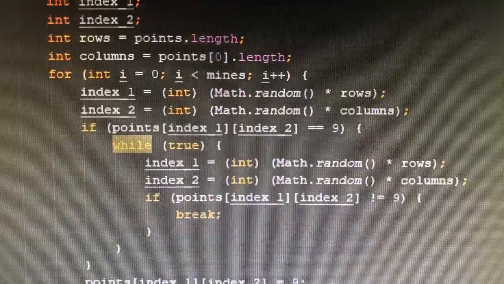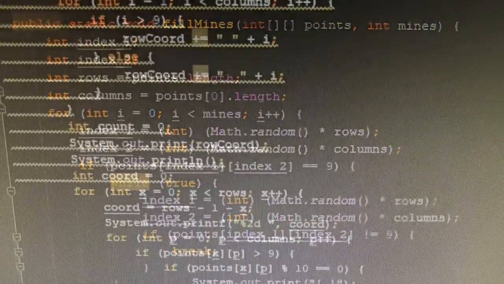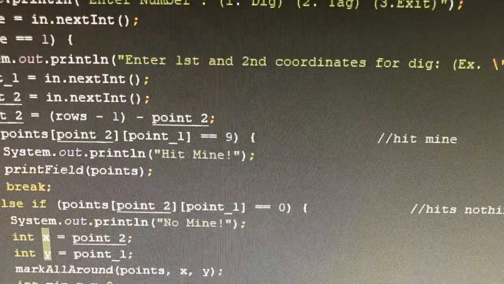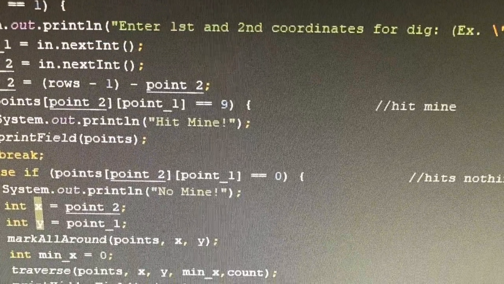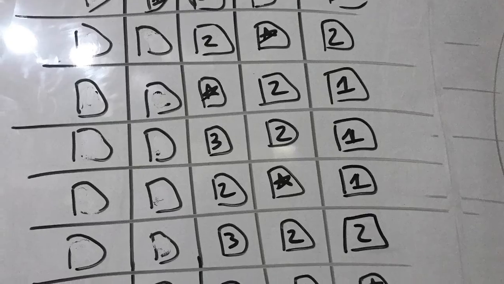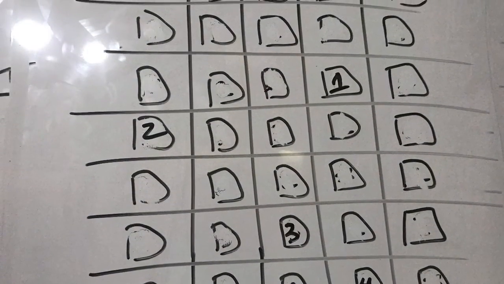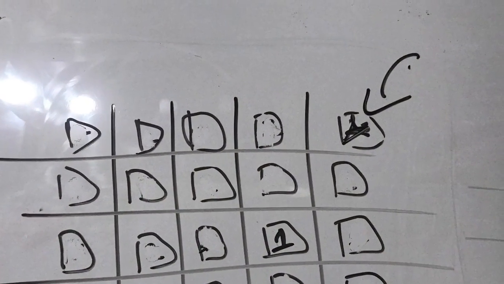This is what randomly filled up the array with the mines. We originally printed out the field in console and inputted our choices with coordinates. Of course, we had to hide the field for the user. And we were only allowed to click and open one square at a time because we had no idea how to uncover open fields that had no number or mine adjacent to them, until we came up with an algorithm